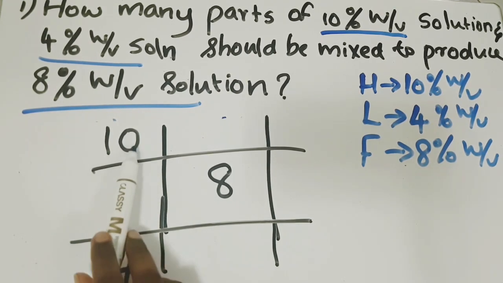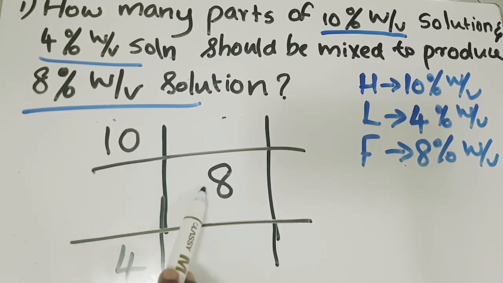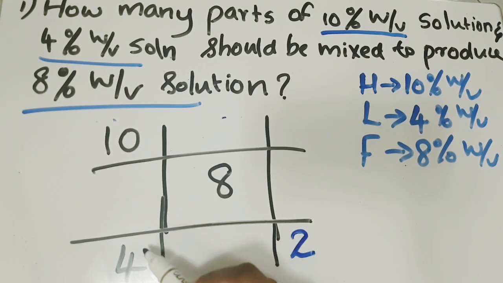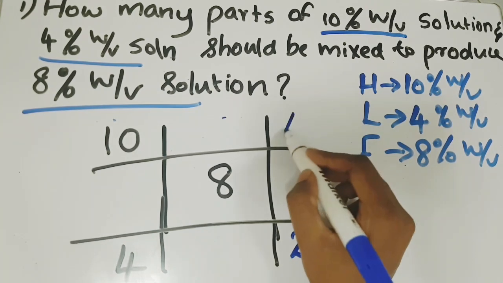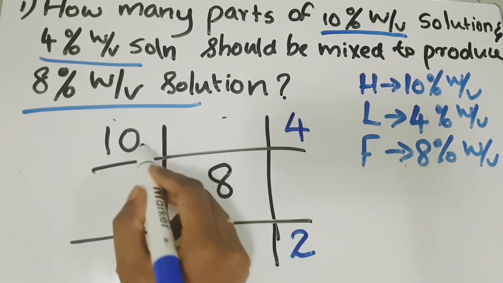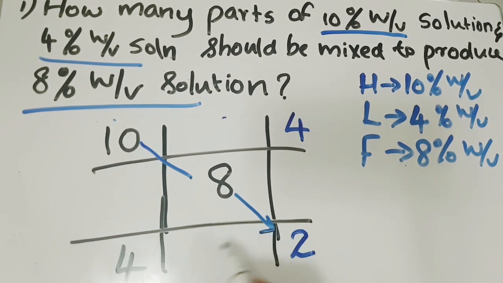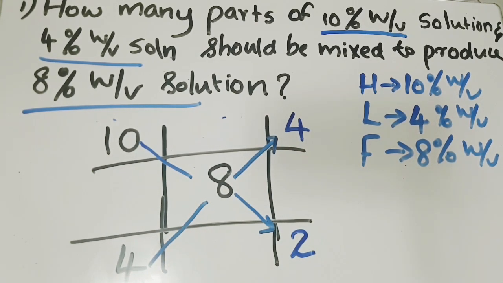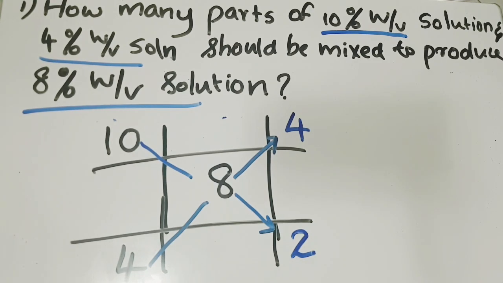So first of all we are finding the difference between these two values, and that will be 10 minus 8. And we can write the value here. Okay, now we have to find out the difference between these two values, and that will be 4 that we have written in here. So we have found out the difference here, and also here. Okay, so I already said when we are writing in terms of parts,